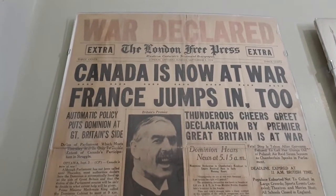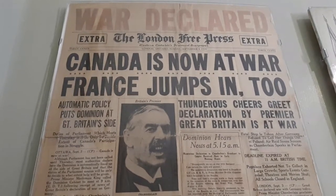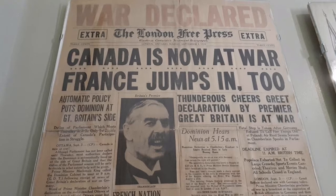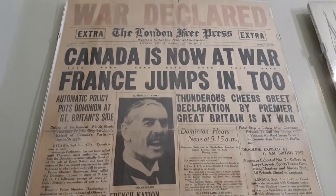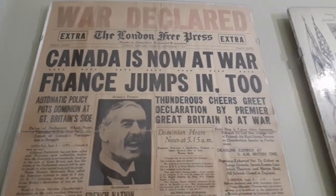We continue our tour into the Second World War room, starting with the London Free Press from September 3rd, 1939, the day that Britain and France had declared war on Nazi Germany. The headline, "Canada is now at war," was actually incorrect. Canada did not declare war until September 10th. We also have the London Free Press from VE Day,